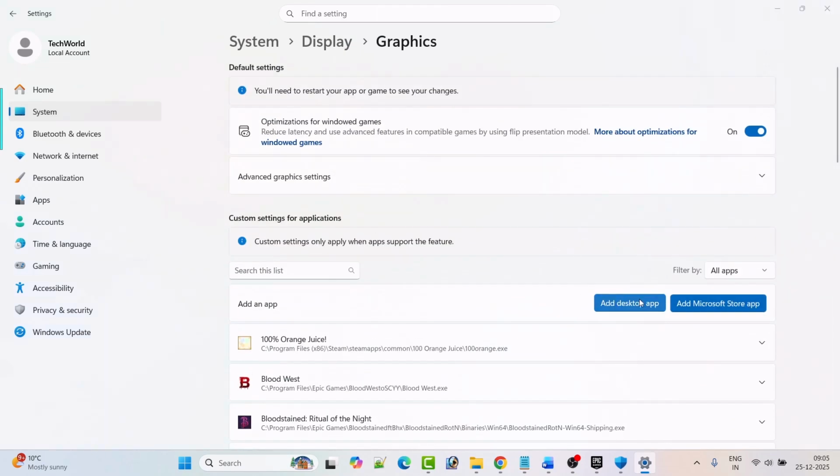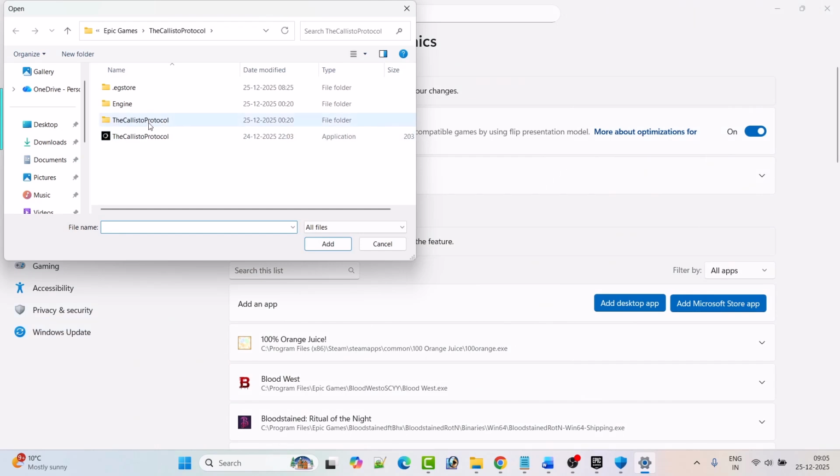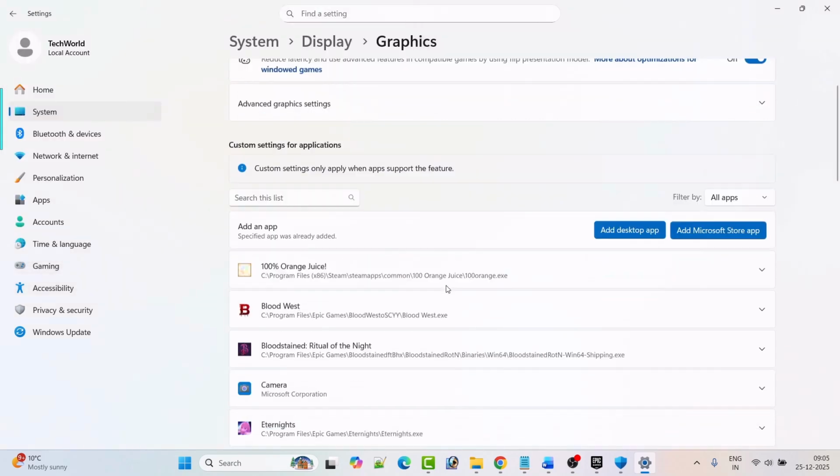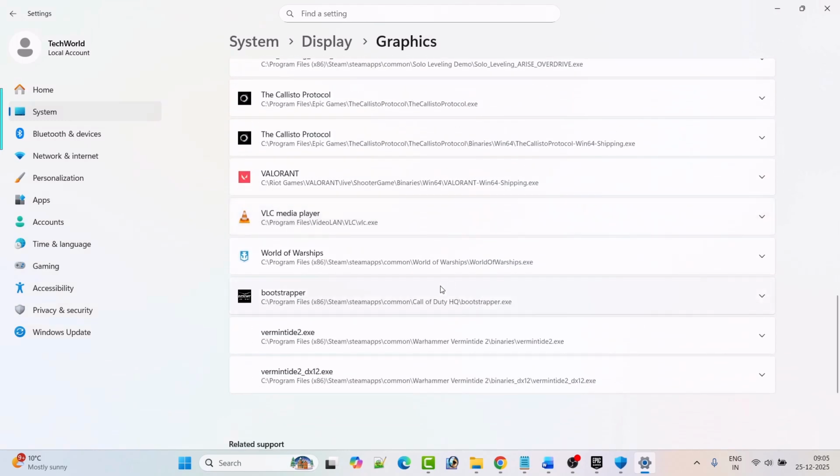And then again click on Add desktop app, open the Callisto Protocol folder, open Binaries folder, open Win64 folder, select this Callisto Protocol Win64 Shipping exe file and then click on Add. After adding it, look for it, expand it,